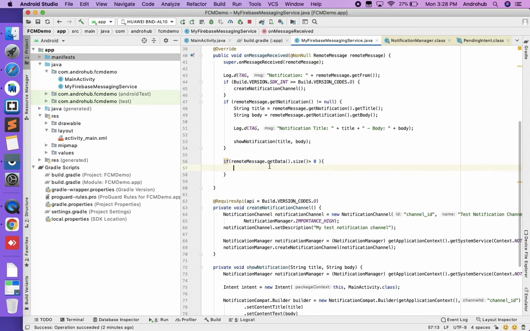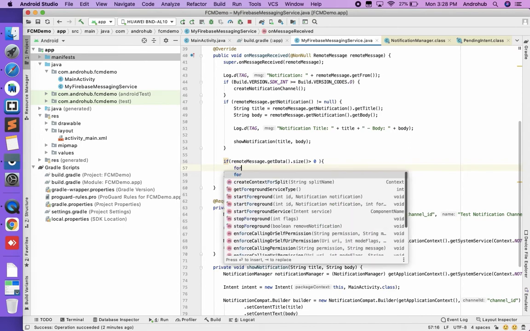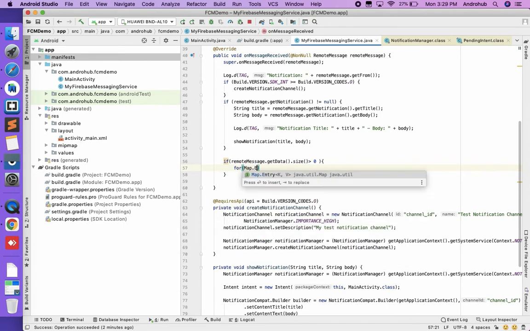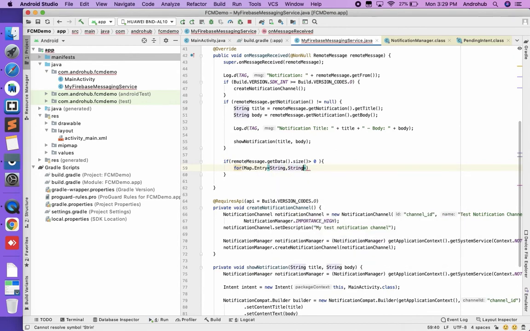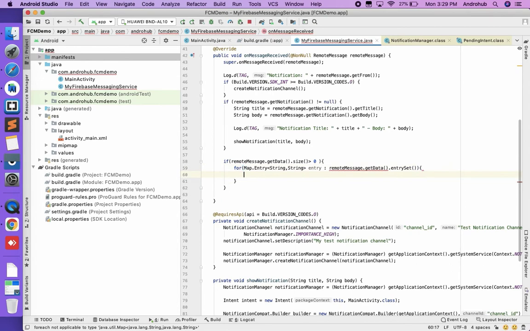Now let's print it. To print the data, I'm just going to iterate the hash map, Map.Entry of String, String, entry: remoteMessage.getData().entrySet(). Okay, and I have to print the key, entry.getKey() and value, entry.getValue().